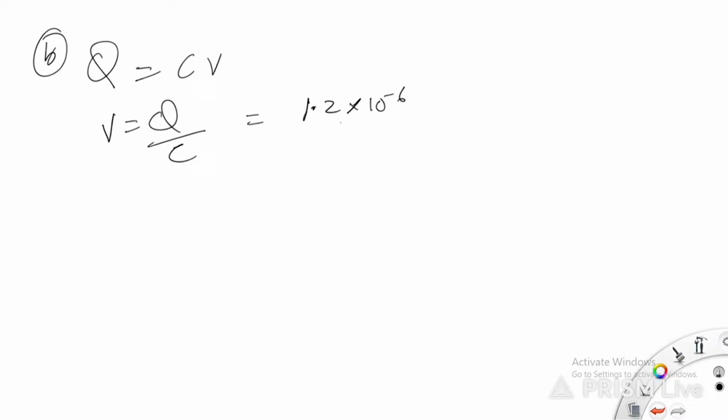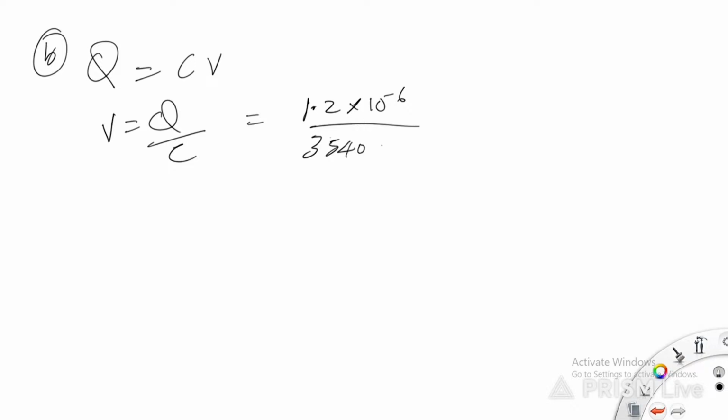Question B says that if the capacitor in part A is given a charge of 1.2 microcoulombs, what is the potential difference between the plates? So we know Q is equal to CV, right? So V now will be equal to Q all over C. So remember, our charge was given as 1.2 times 10 raised to the power minus 6, all over